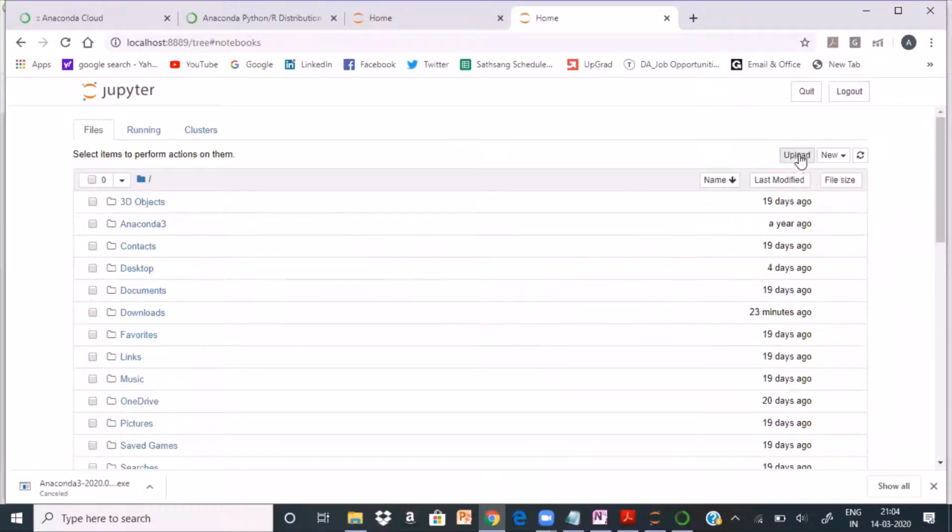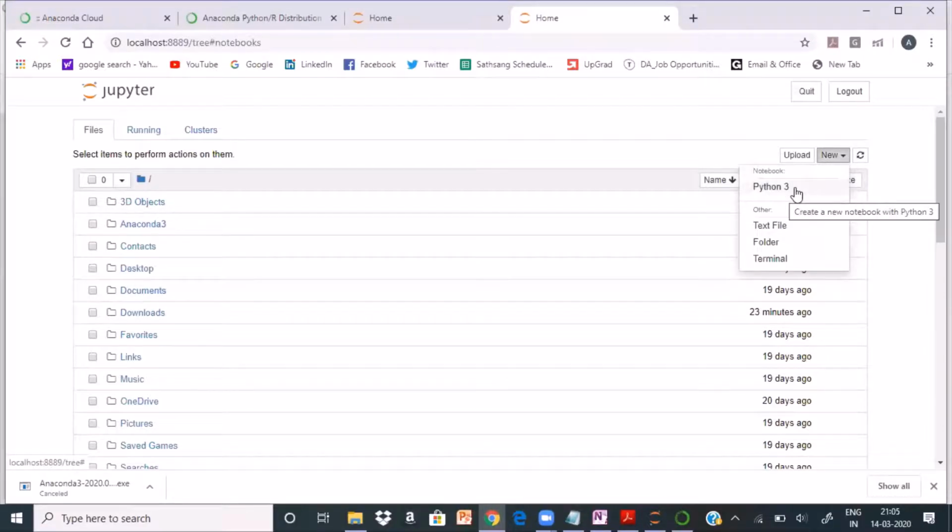There's something called upload, and you can sort these folders based on the name, the file size, or the last modified. What we are interested in is clicking here on new. It will show you the newer version; in my machine I have an older version, so it might be showing you something else, like Python 3 or 3.1. What is the option that it is showing in your notebook?